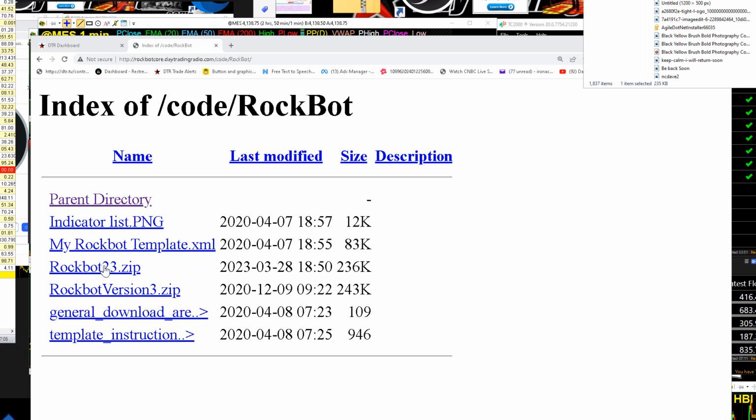Rockbot 23, download it onto your desktop or wherever it is. And then we're going to go back to the NinjaTrader. Now remember where that file is. That's the file we're going to grab. So you go back to your NinjaTrader